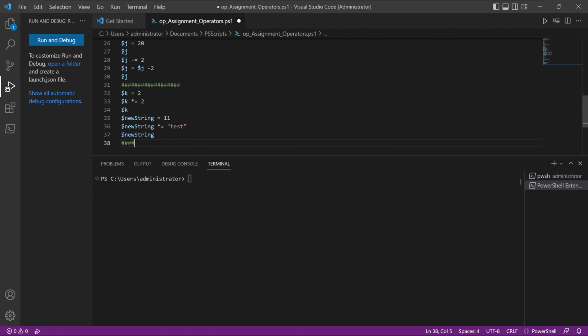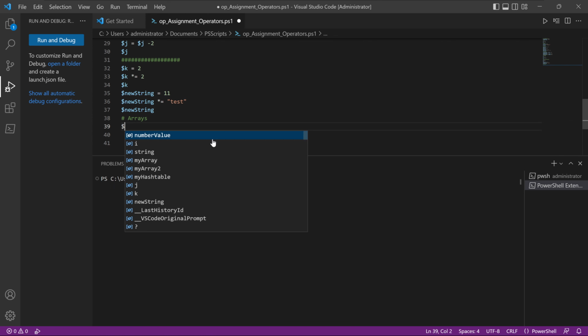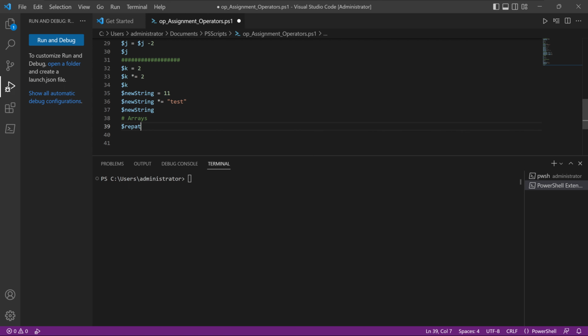And the next thing I want to talk about is how we can use the multiply and assign operator with arrays, right? Because all of these operators can be used with arrays. So I'm going to create an array first. Let's say repeat var, and I'm going to call it 1 2. So we have an array called repeat var 1 2. If I call that repeat var array, and put the multiply assign operator, and say 2,